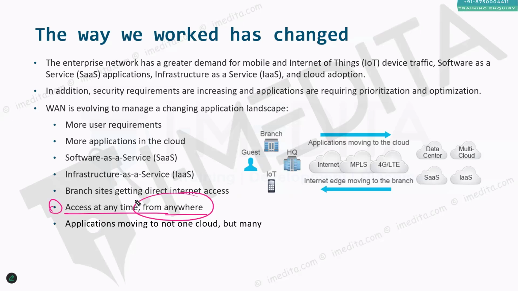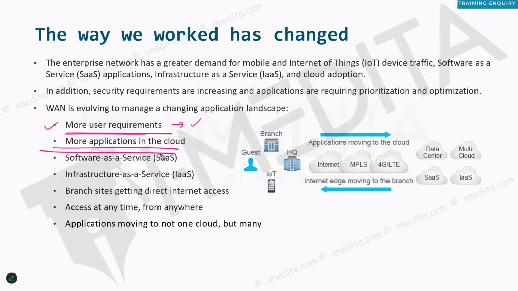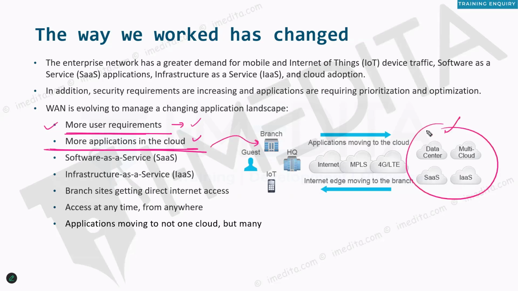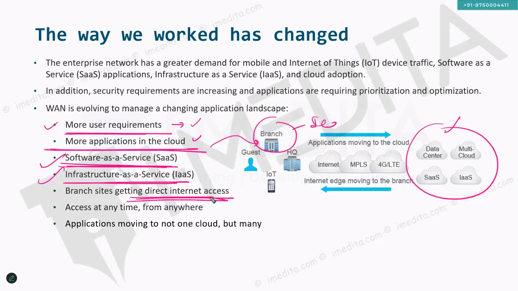Basically, now how your traditional wide area network is going to address all these challenges? How is your traditional WAN going to address the challenges of different types of users, how is it going to address the challenge of applications moving to the cloud, how is it going to improve the user experience for those applications that are getting deployed in the cloud, how can the traditional WAN be connected to those SaaS applications or infrastructure as a service, how is it going to enforce the security when we provide the direct internet access,